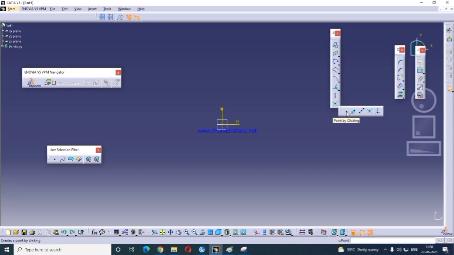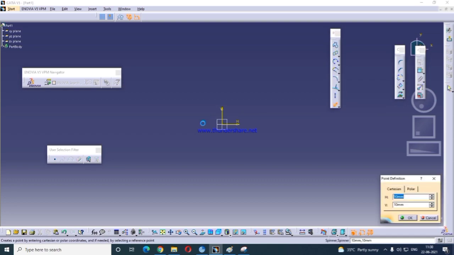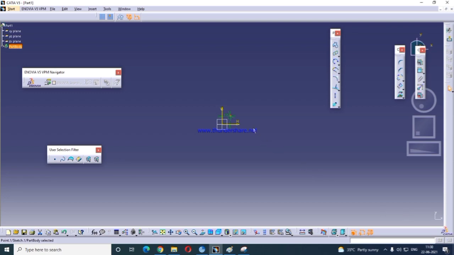By clicking this, you create a point wherever you want. This is Point Using Coordinates. Same as said in the circle option, Cartesian and polar. I am creating Cartesian 10 mm, 10 mm, and at that area it will create the point.